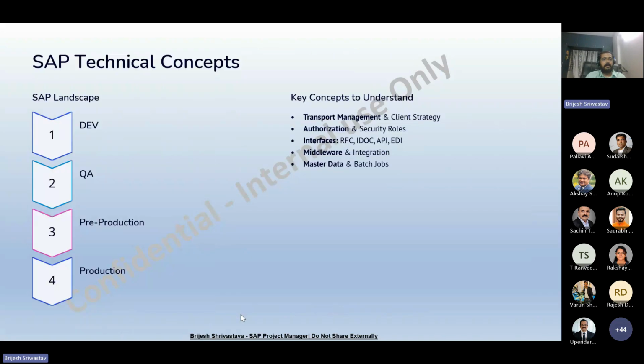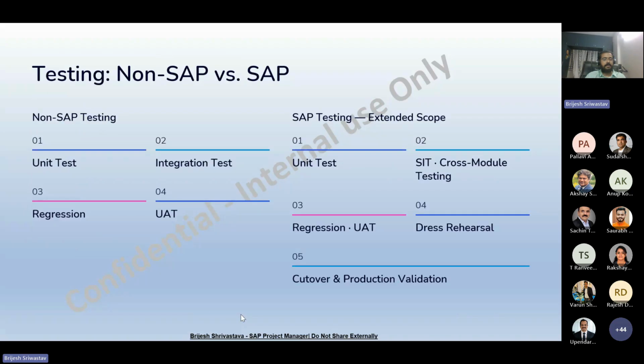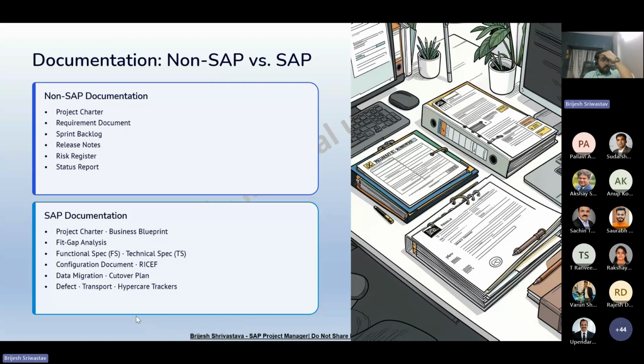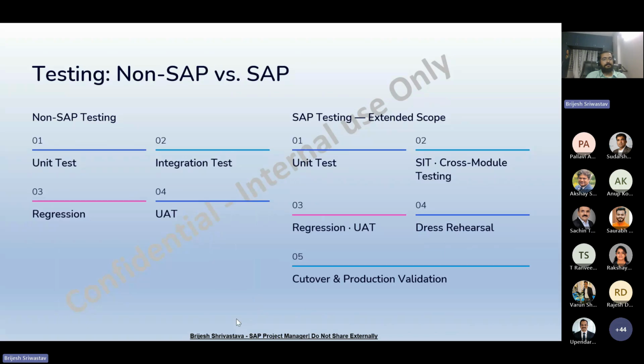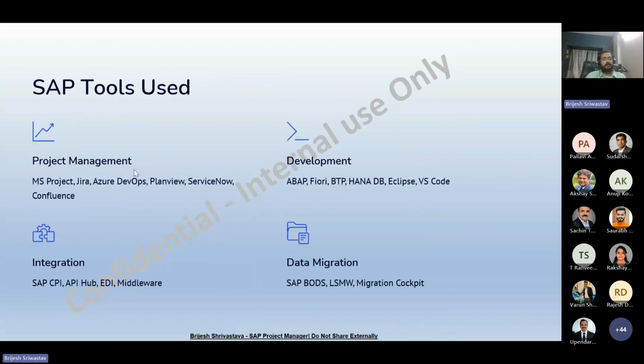So here, documentation. What type of documentation we have from a non-SAP perspective, and what kind of documentation we have in SAP PM and SAP Activate. This is the list of documents we have; I'm just mentioning the number of documents at a high level here. And what tools you are going to use: integration, development, data migration in SAP.